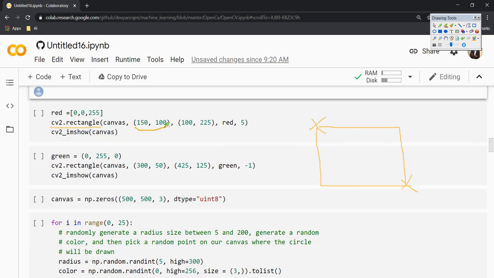So I just gave a starting point and an ending point, as usual a color and the thickness of the line. For this I have just created a list which contains 3 elements, 0, 0, 255, as I mentioned to you earlier, B, G and R. Since the R element is 255, this will be red in color. So now let me run this particular block of code.